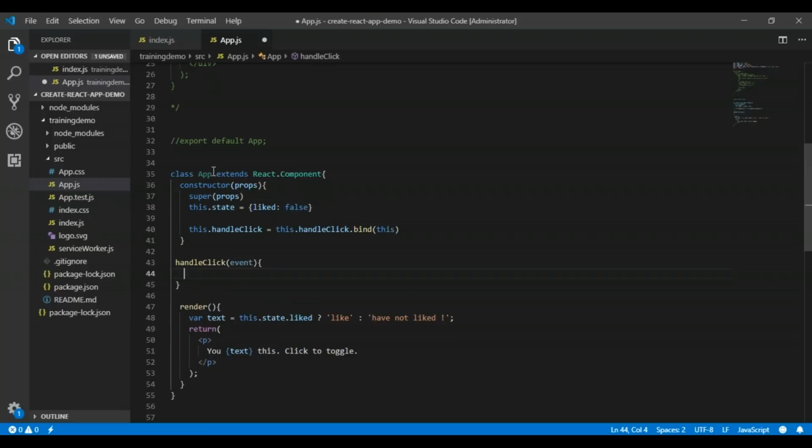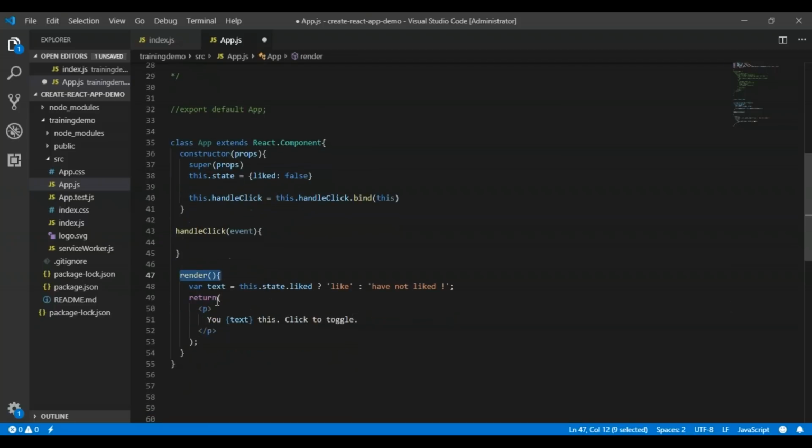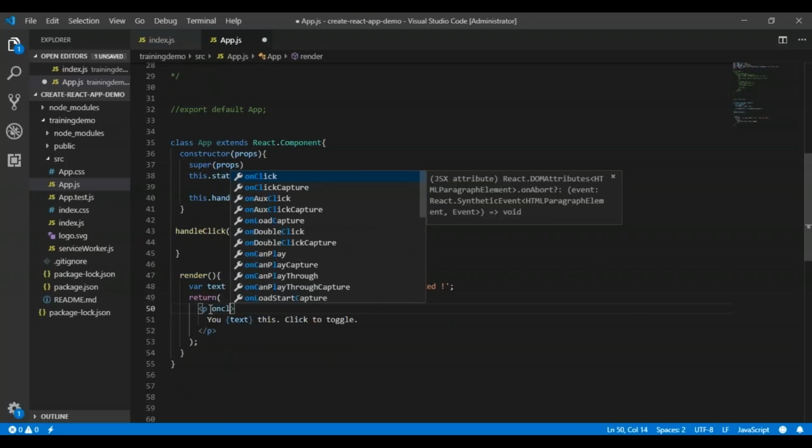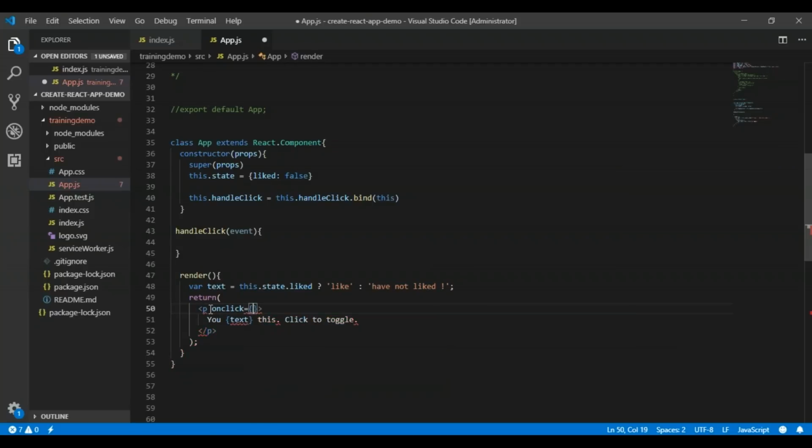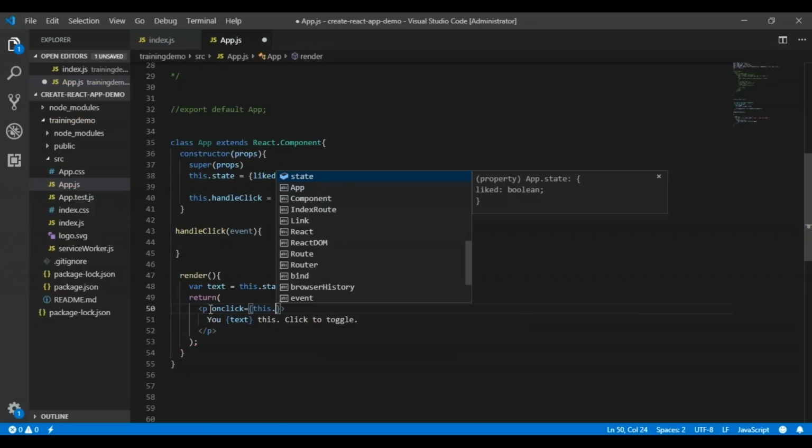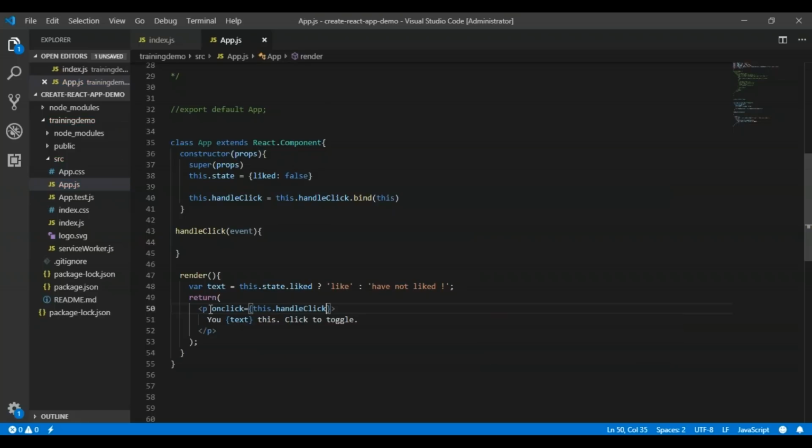So in this particular example, I have created a class component which extends from React.Component. It should have this.state, the reason being I am setting the initial state. It has an onClick event, which is bound to this particular class. Then there is a render method, which is required, and in this render method there will be a return statement. In this return statement, I am checking the onClick event, and I will call this.myEventName. What is my event name? handleClick. Now on the click of, let's say, the p tag, I want to call this.handleClick.